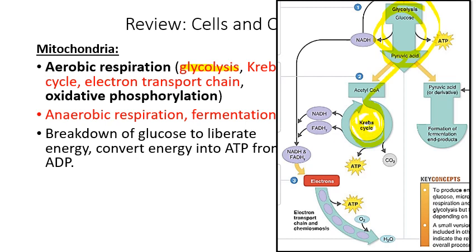The Krebs cycle is also known as the citric acid cycle in some textbooks, right? And it generates a little bit more ATP, but it also generates a lot of carbon dioxide. So when humans exhale carbon dioxide, that carbon dioxide all came from the Krebs cycle that's going on inside all of our cells. And then finally, the Krebs cycle creates two other types of energy molecules called NADH and FADH2, right? And those are fed into the